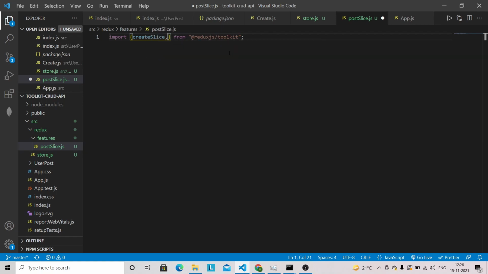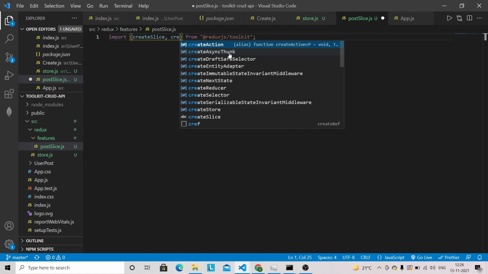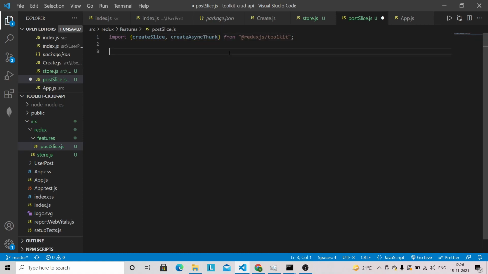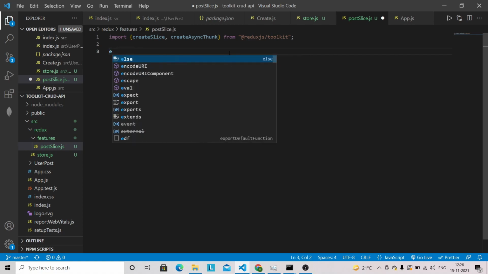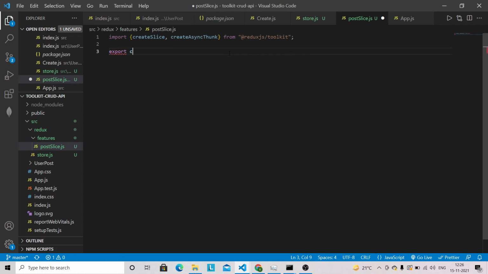First we are going to perform the fetch operation, meaning we have to get the post based on the ID. So first we are going to perform the read operation. export const getPost. createAsyncThunk is basically used to perform asynchronous tasks.